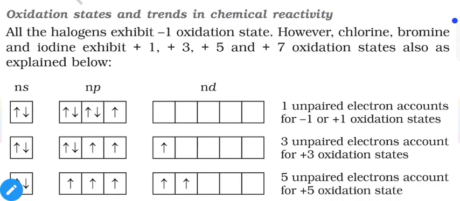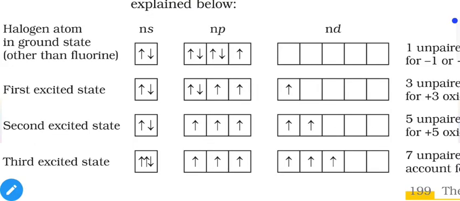The reason for that is all the other elements except fluorine contain d orbitals. So if required, they can use them and expand their covalences. As we can see in this image, we have the ground state electronic configuration of halogen atoms first. It has ns2 np5 as the common electronic configuration of all the halogens, and except fluorine, all the other halogen elements contain d orbitals, but they are empty, so usually we do not represent them.